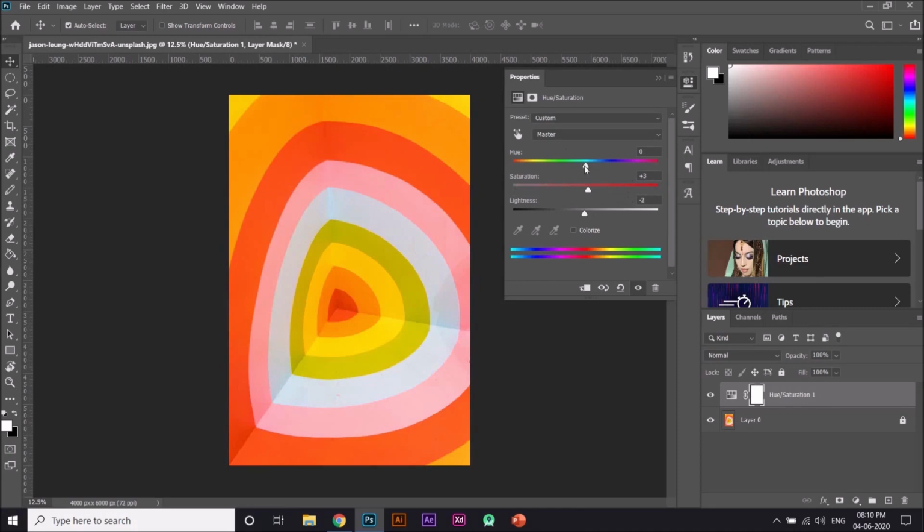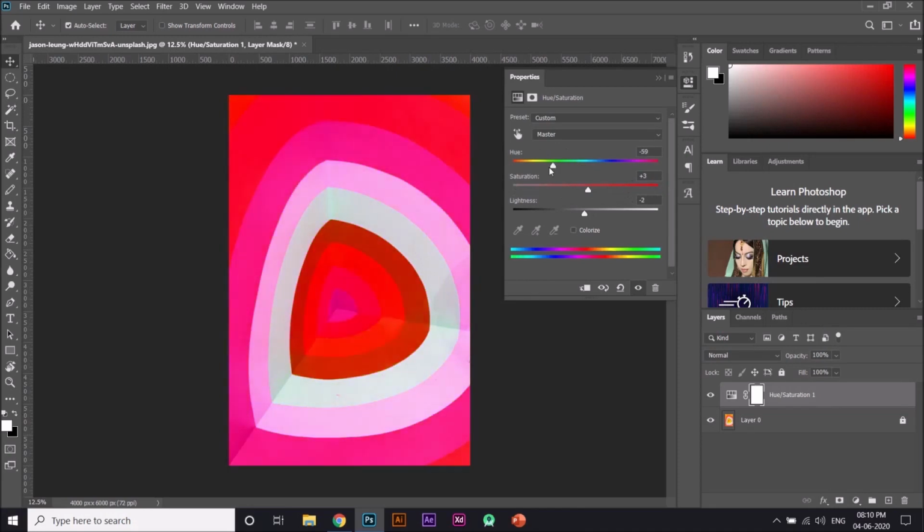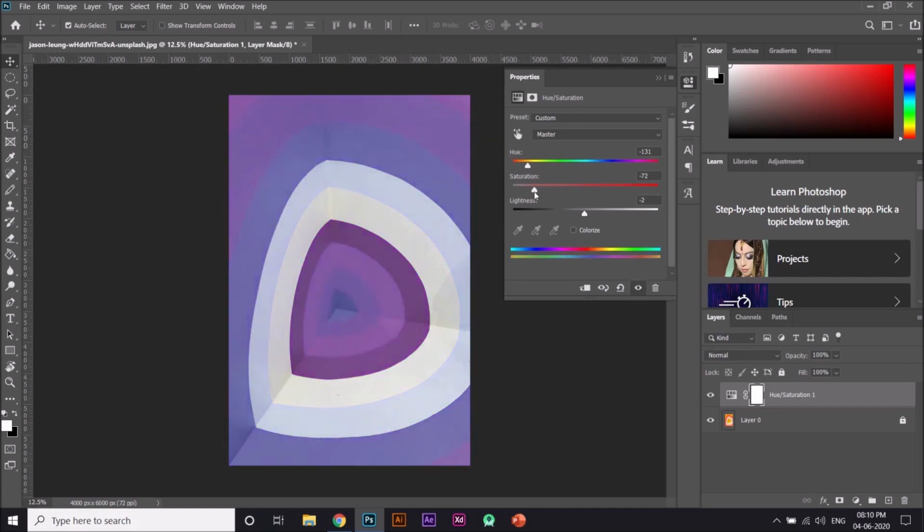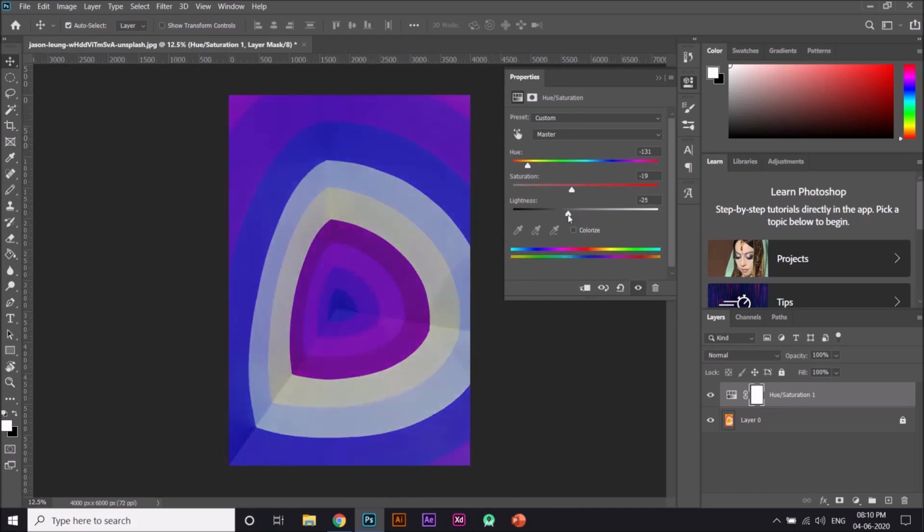So when I drag this, you can see it forms a hue on this layer, and it adds up to this previous layer which was already here, and then I can choose the saturation of this hue, and I can choose this lightness as well.